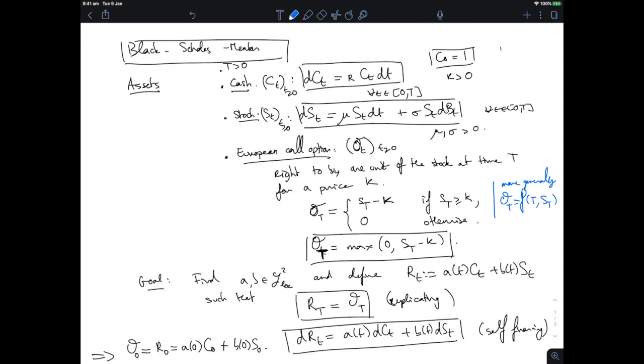So here, for instance, we have a constant interest rate, right? Here we have independent price variations. And here we have all long and short positions allowed. No financial regulations preventing that. And here we have no dividend, no transaction cost,